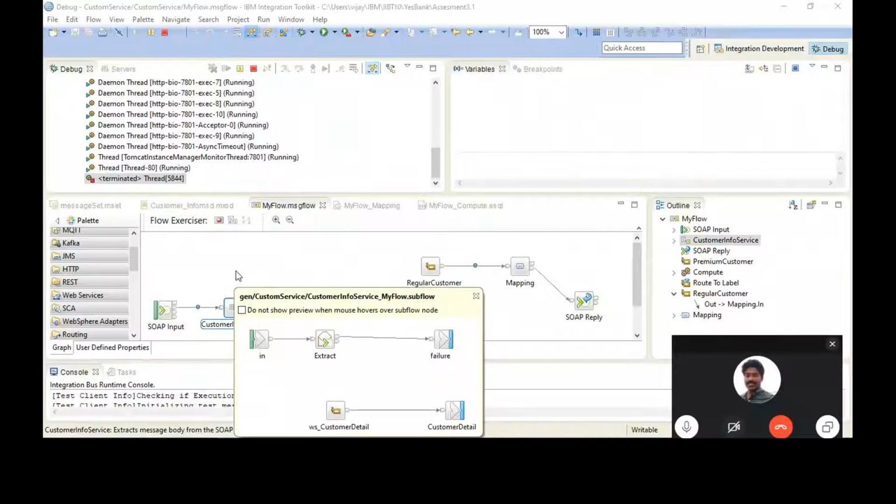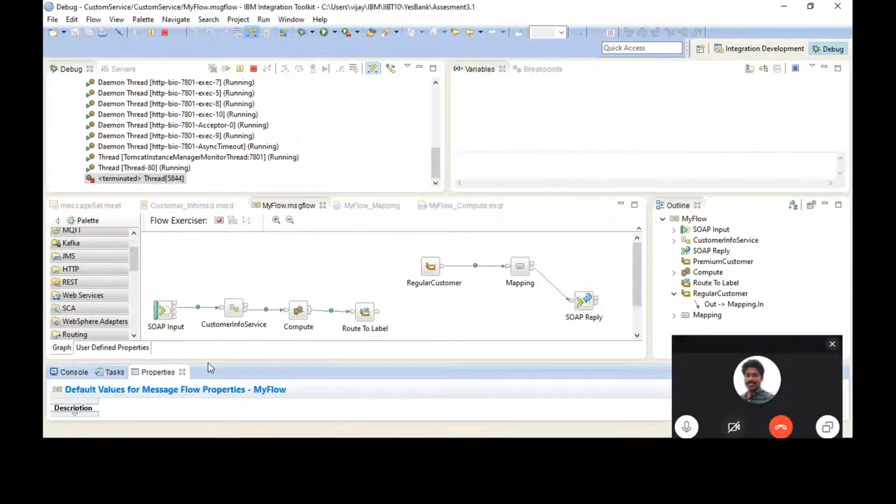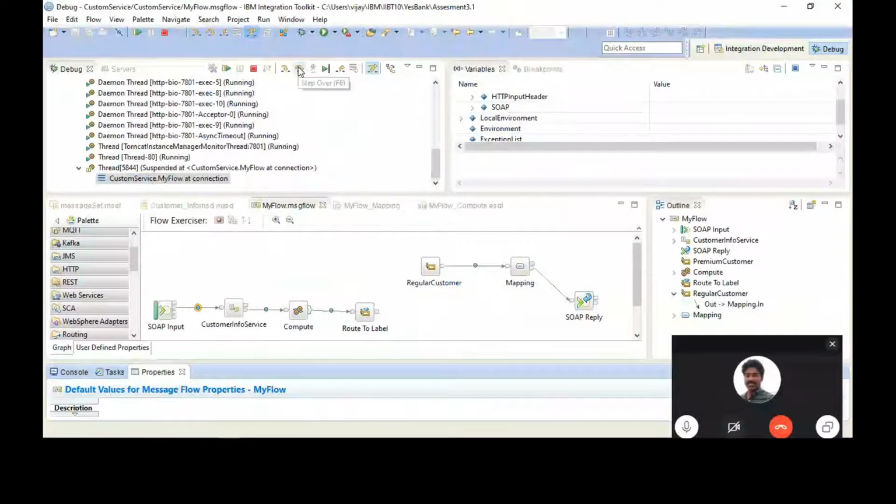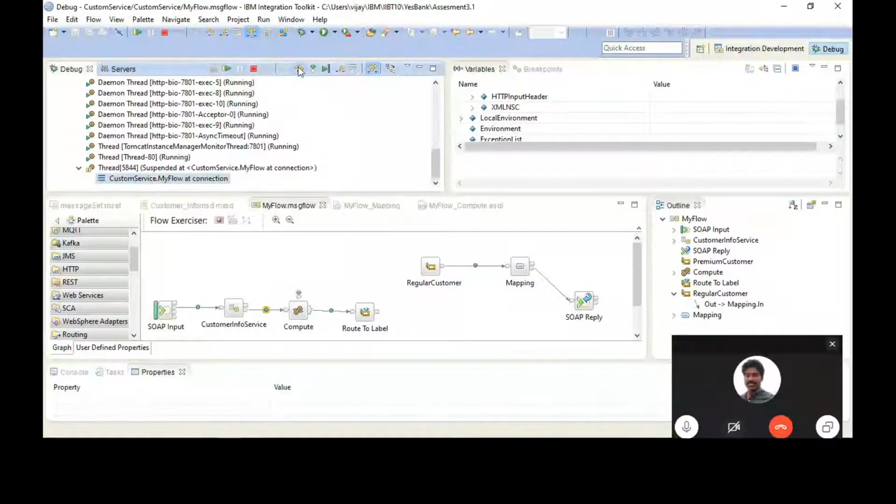So let's do the trigger once again. Let's trigger your SOAP message once again. I thought that customer info service was your mapping node. I did not properly see it on the Android screen.